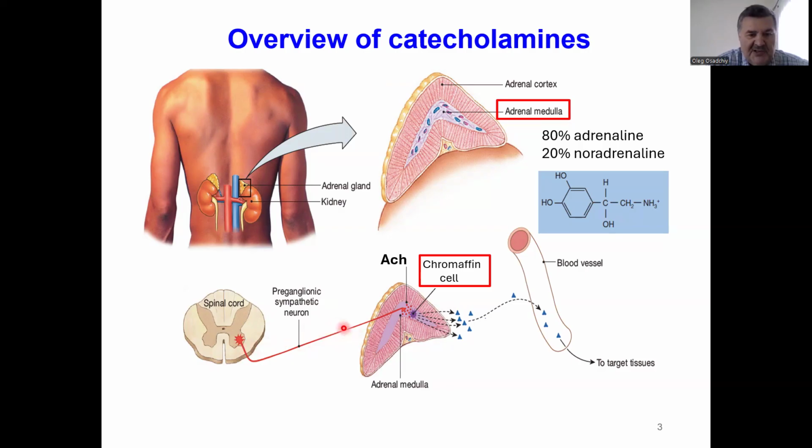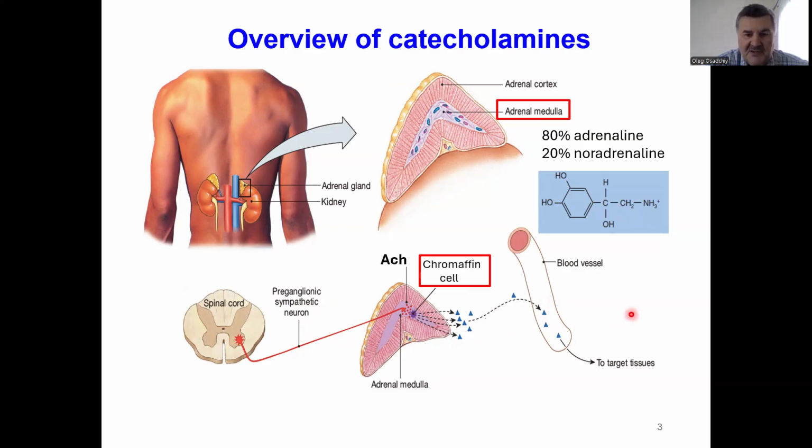Upon stimulation, these fibers release acetylcholine, which is acting as a sympathetic neurotransmitter in this location. And acetylcholine then stimulates nicotinic cholinergic receptor on the chromaffin cell, which promotes exocytosis of granules containing adrenaline and noradrenaline. Subsequently, the catecholamines diffuse into the bloodstream, and they're distributed with the blood throughout the body and produce their effects